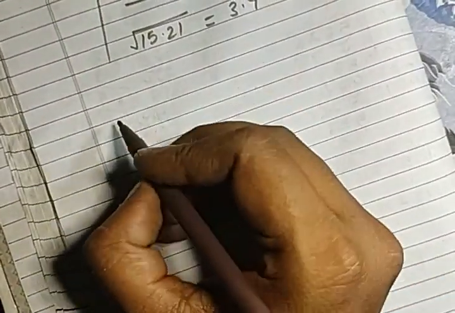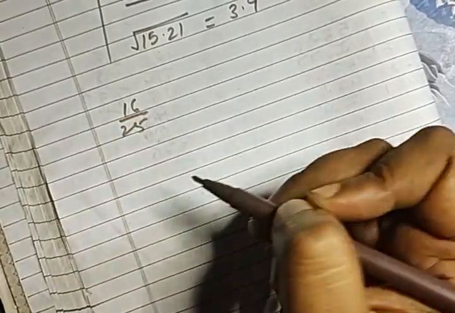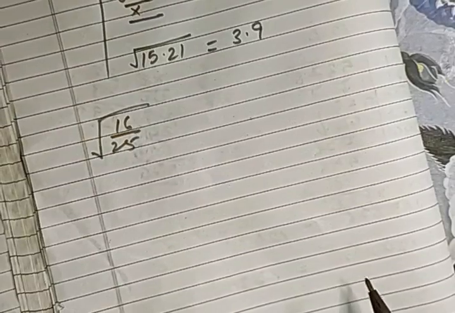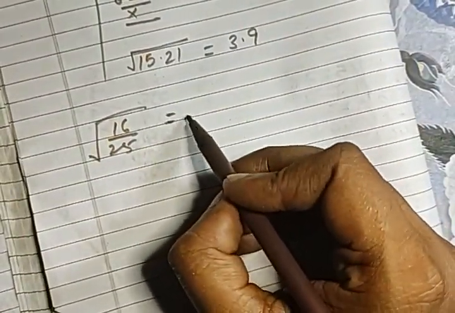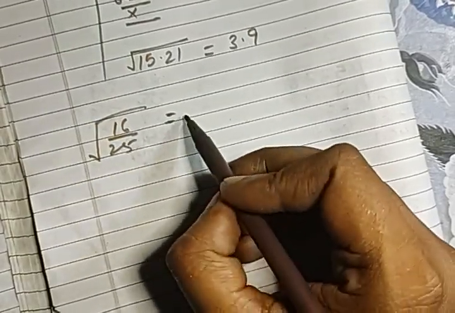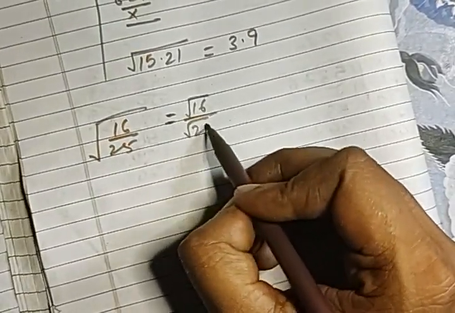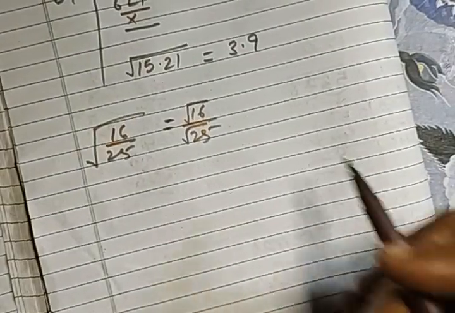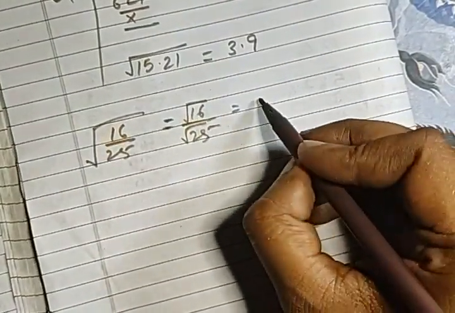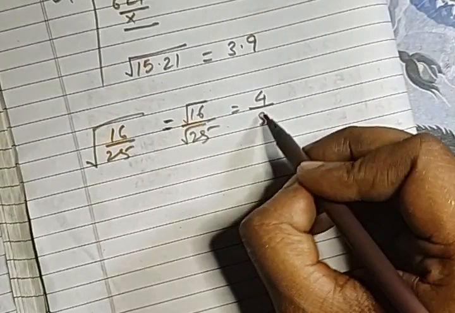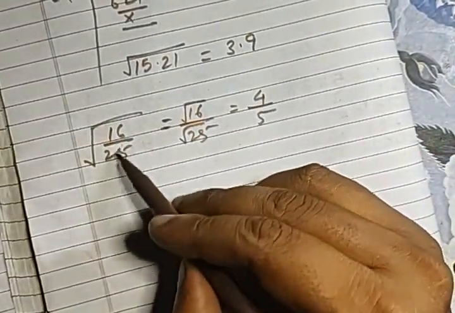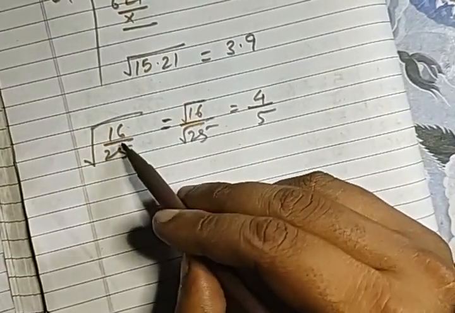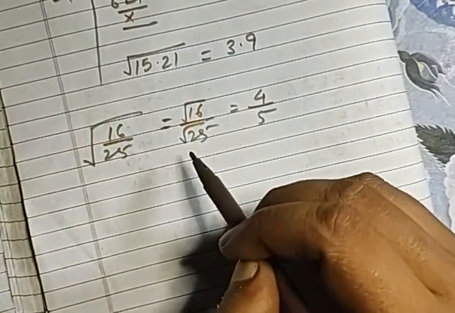Okay, in the same way we have to do it for fractions also. So suppose we have a fraction 16 by 25. We need to find out the root of this. So how to find out the root? We will separate the roots individually. That is, root over 16 by 25, we can write as root over 16 by root over 25. So therefore, root over 16 is 4 and root over 25 is 5. Simple. Okay. Sometimes the fractions can be given as mixed fractions also, so you can arrange it into proper fractions and then do it.